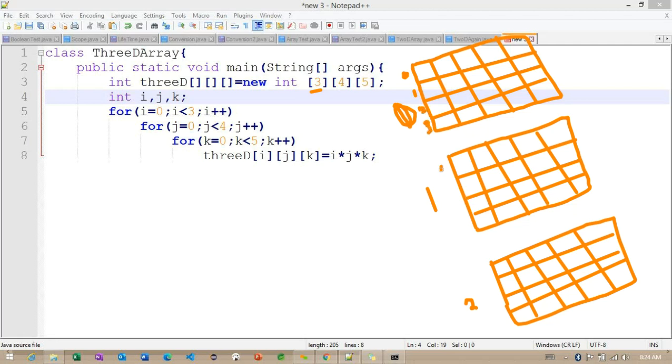In the same way here also, j will point to 0, 1, 2, and 3. And these are the columns here. The k is going to point to the columns. So here you can understand the i value, j value and k value.